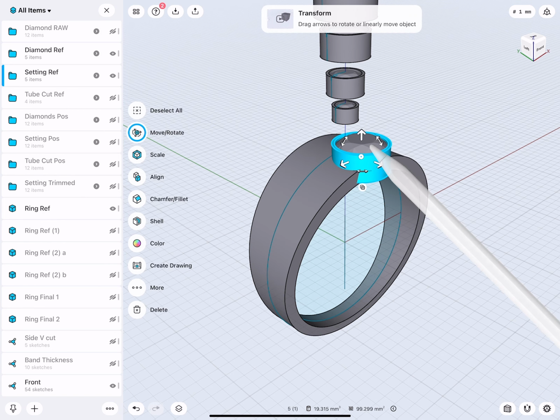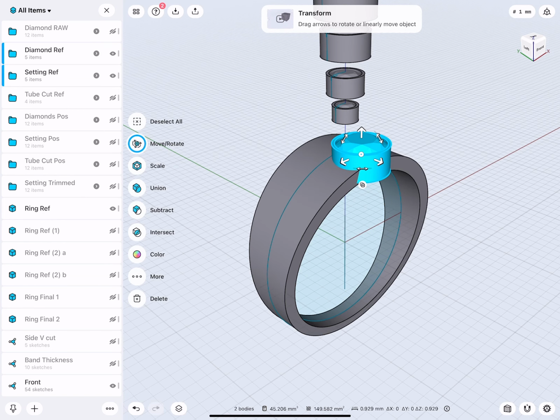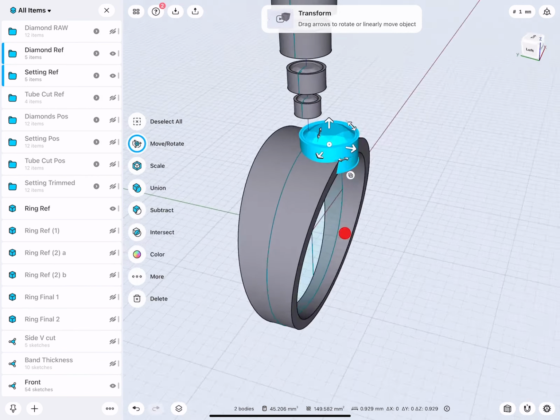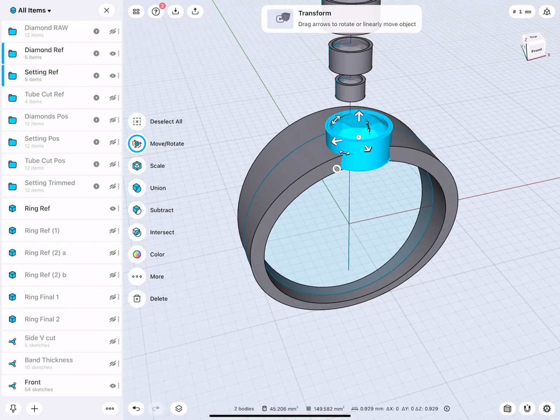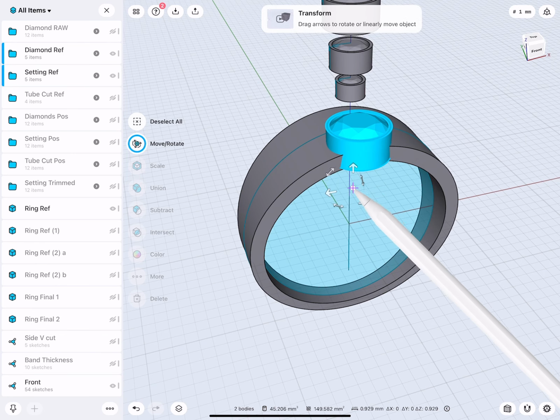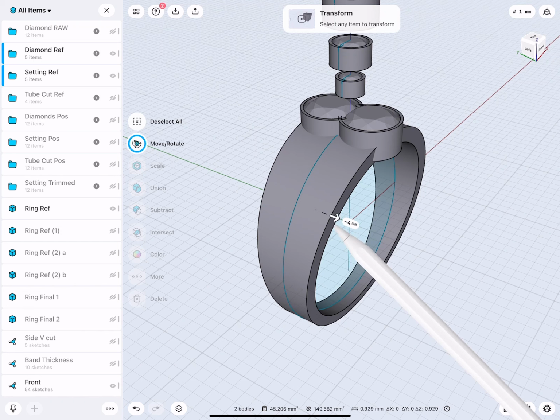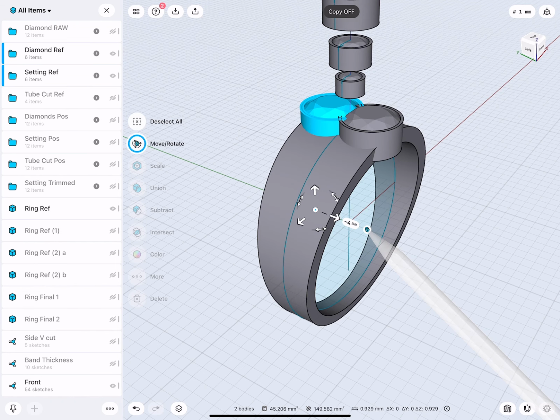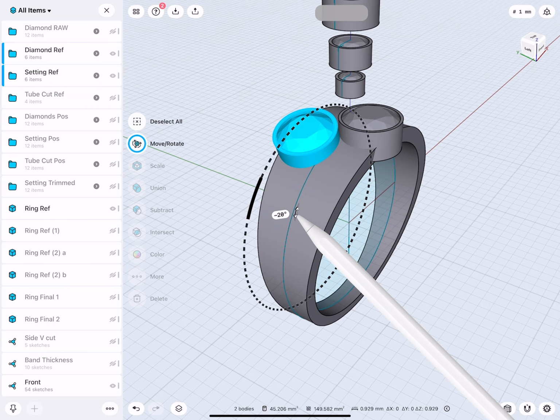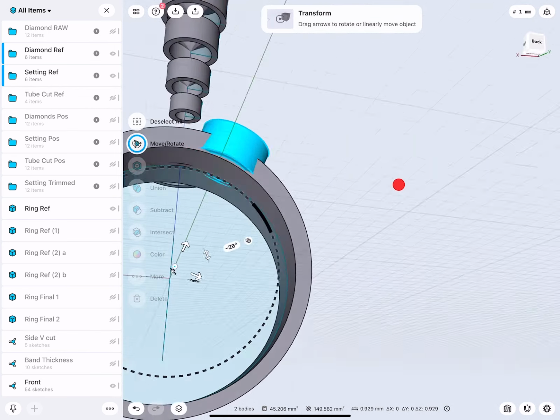Let's double tap in here. Now we would like to make another copy, move this to the other side and rotate it. So how do we do this? So this copy now I can select, turn on the copy function. The widget I move down to the center and I can bring this over to here a little bit. Now I turn the make copy off and rotate it as needed.